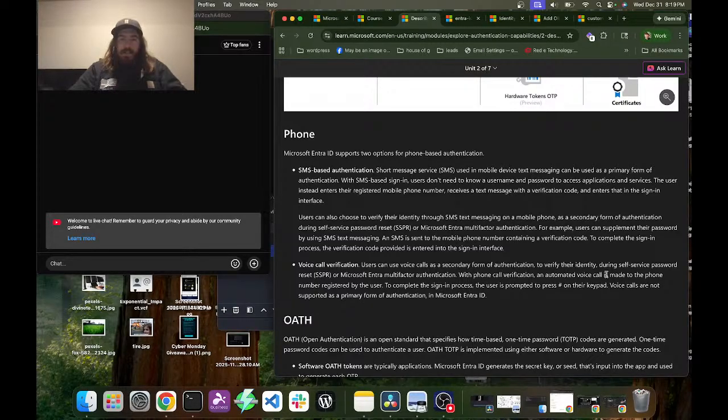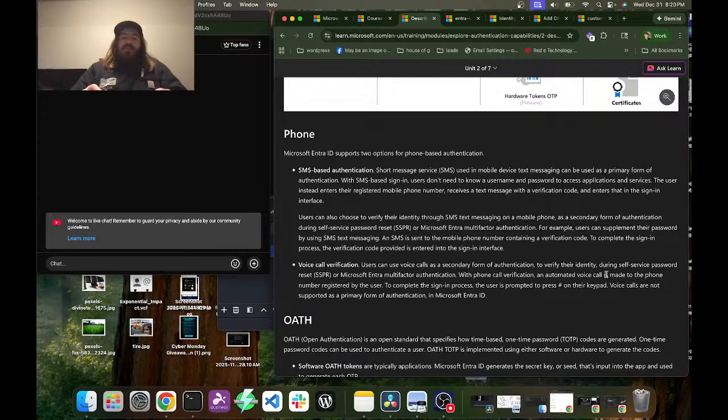SMS-based authentication. Short message service, SMS, used in mobile device text messaging, can be used as a primary form of authentication. With SMS-based sign-in, users don't need to know a username and password to access applications and services. The user instead enters their registered mobile phone number, receives a text message with a verification code, and enters that in the sign-in interface.